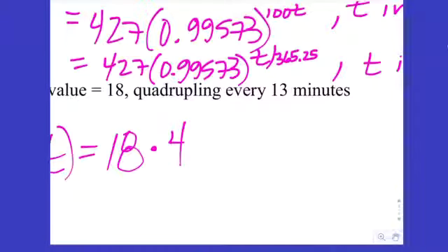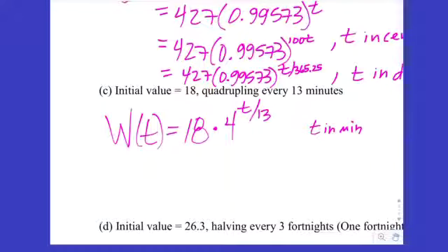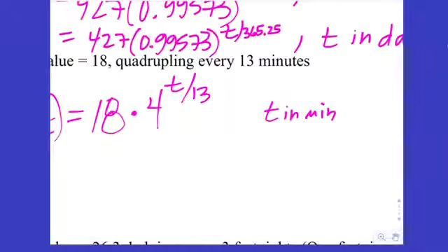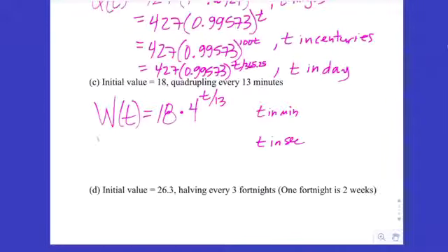4. And if it quadruples every 13 minutes, then if I let t be in minutes, my exponent will be t divided by 13. Good. T divided by 13, every 13 minutes. Bless you. Let's do one more. Let's do t in seconds. It would be W of t equals 18 times 4 to the t divided by